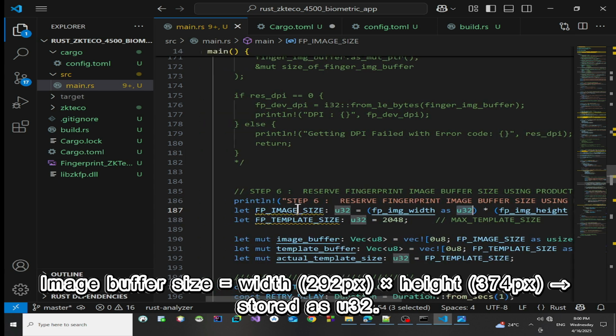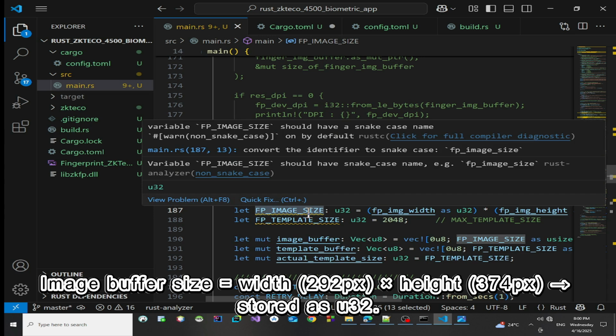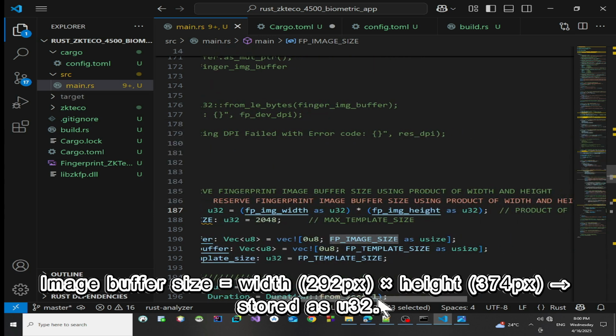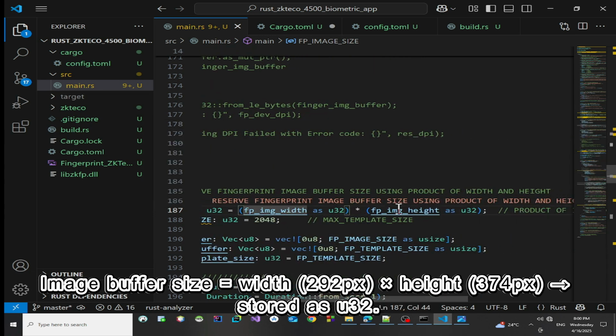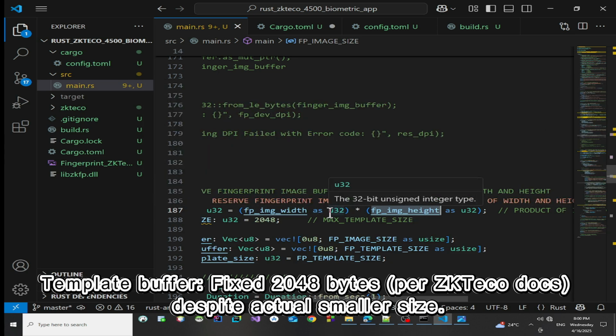So this is the image size that is going to be the product of our image width and our image height. So for both the width and the height, we need to cast type them to unsigned integer. That is why we are doing as U32, U32 for the height and for the width. Now with our